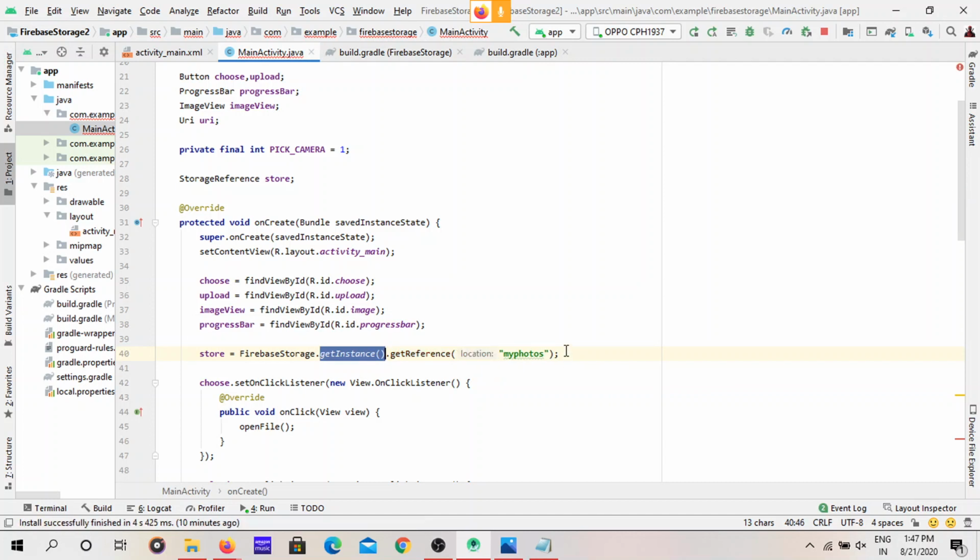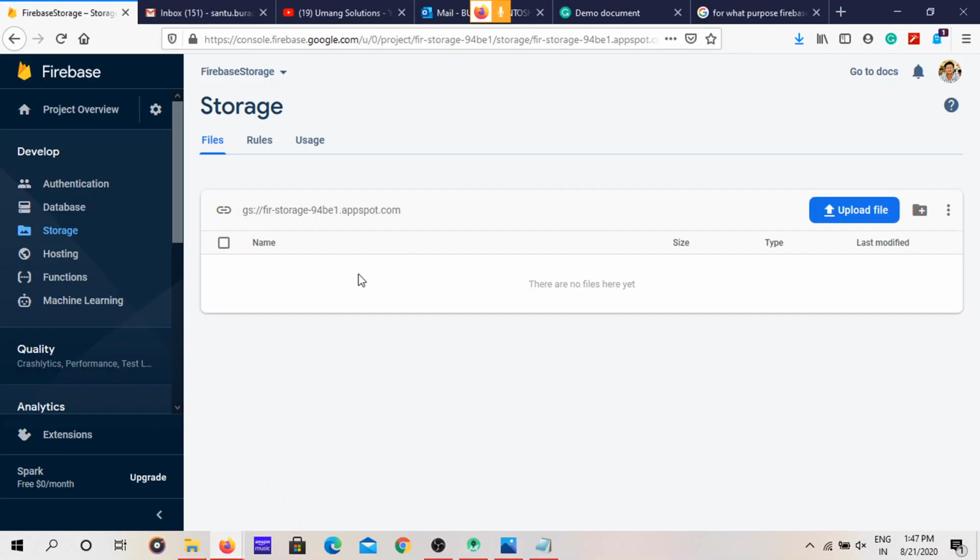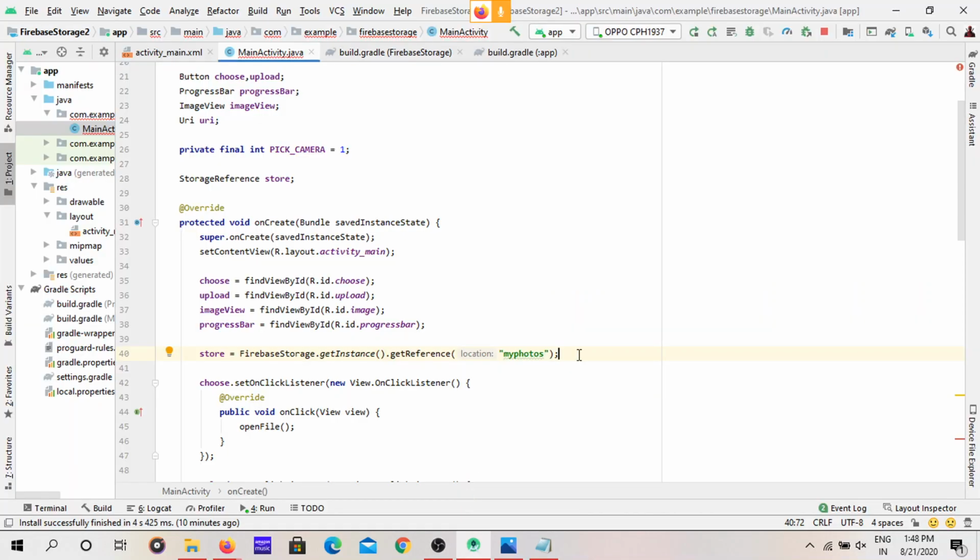Get the reference to what? To my photos. You are telling Java to get the reference of my photos, but we have no my photos folder here. The bucket is empty, we have no files here, so how can it reference my photos folder?